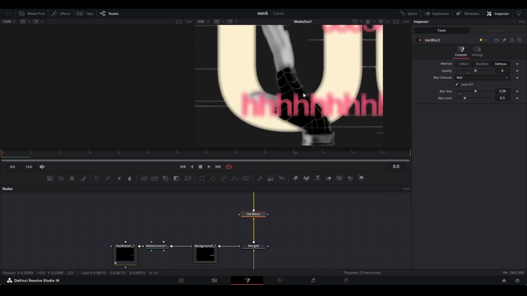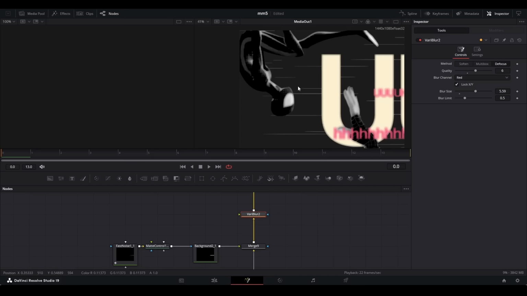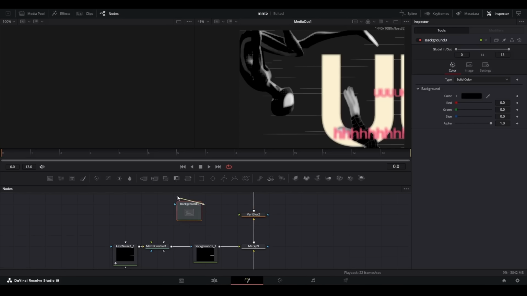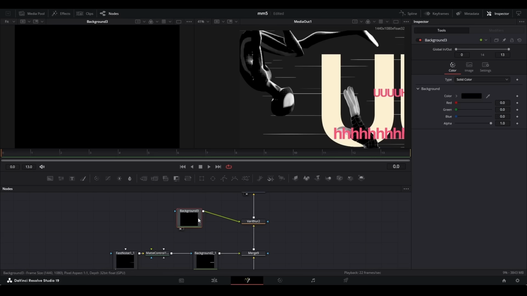So as you can tell, this blur on its own, it's actually not that good. And the reason it's like that is because we need a matte to control the blur. And we'll do that using a background. So piping this background in like so, it immediately just removes the blur. Now this is because it is basing the blur off the matte values. And all black means no blur at all. So in order to activate the blur,